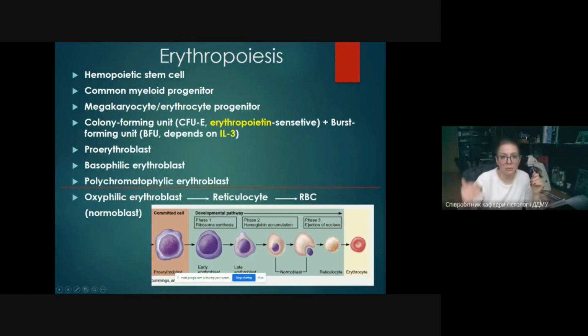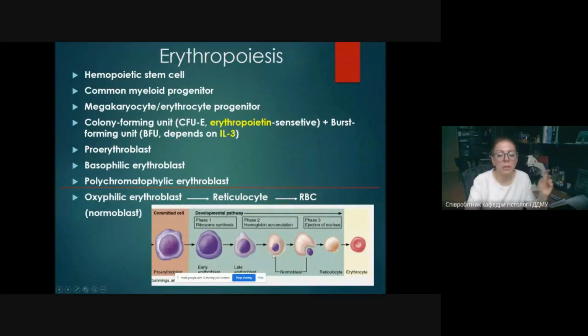And it is easy to remember if you understand the processes in the cytoplasm. That's why we explain them. So here they are shown in the diagram. First, basophilic cytoplasm, you can see it is of purple color, many ribosomes. Then the oxyphilic appearance is also characteristic because here hemoglobin appears in this cell. And after that, ribosomes disappear and only hemoglobin is left. So this cell is